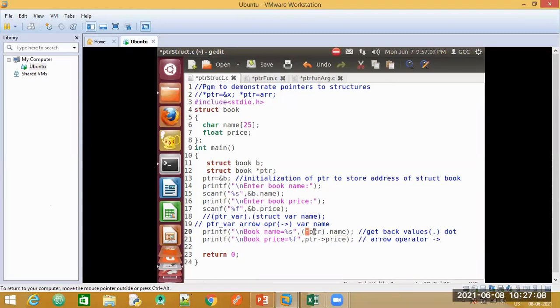Here also pointer variable is pointing to my structure variable name. So these two things will help us to access our data, that is get our data which is stored in these variables here. So this is about pointers and structures. So you go through once again, see where you have not followed anything or you have certain doubts, ask.